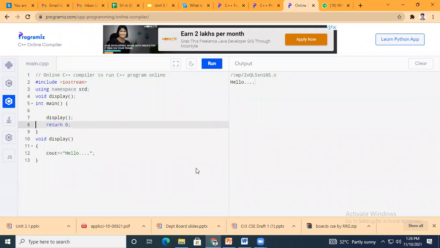Don't just simply send me the screenshot of the first one, that is a default program which is available on the compiler.